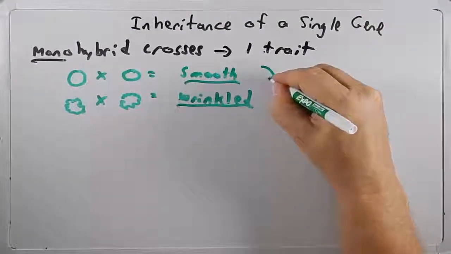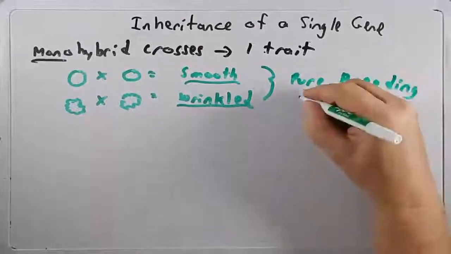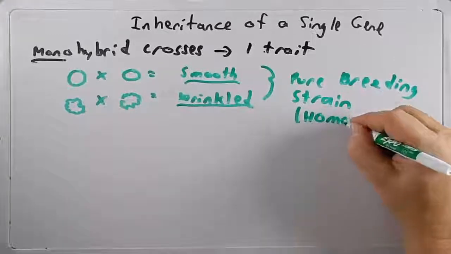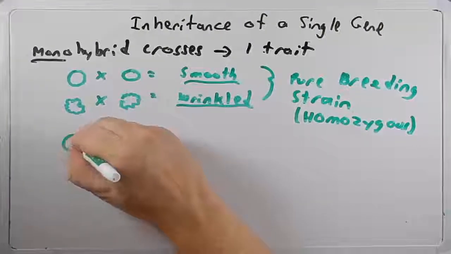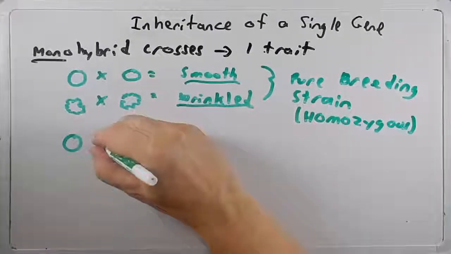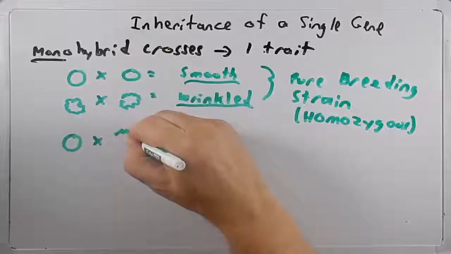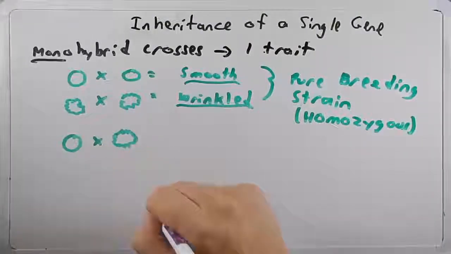We call this a pure breeding strain. Today, we would call it a homozygous strain. We'll talk about that term later. Now, what he did next was he took this smooth seeded plant and he crossed it with a rough or wrinkled seeded plant. Now, before you do this experiment initially, you might think there are one of several different possible